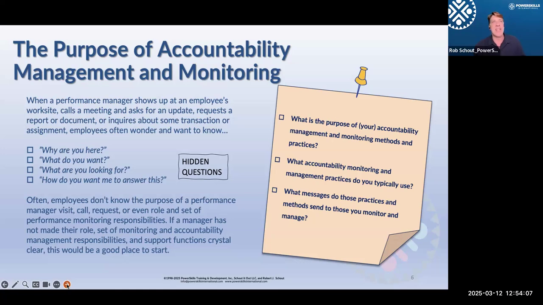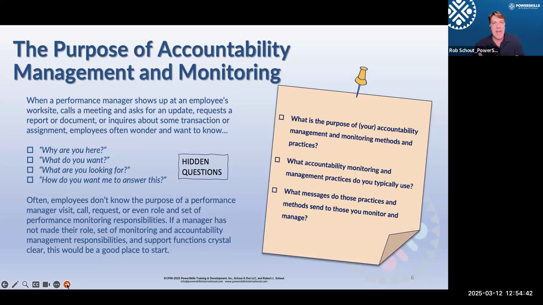There are times when supervisors or managers engage in purposeful actions, meaning they'll go out and watch an employee do something. They'll stop by an employee's desk. They'll ask for a report. They'll ask for a check-in. And all of those things may seem legitimate to the supervisor or the manager. Sometimes employees are wondering, why are you asking me this? Why are you watching me? Why are you stopping by all the time? And if employees are freaking out about your methods, they don't understand your purpose.